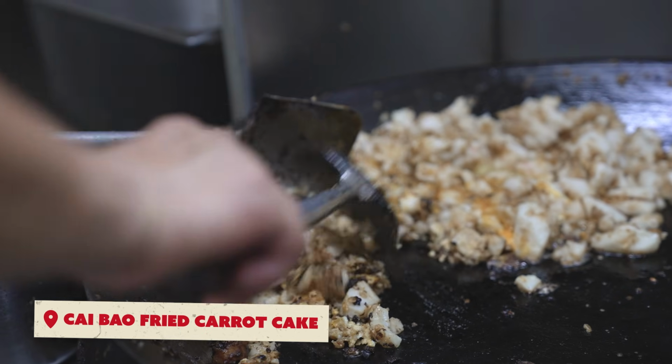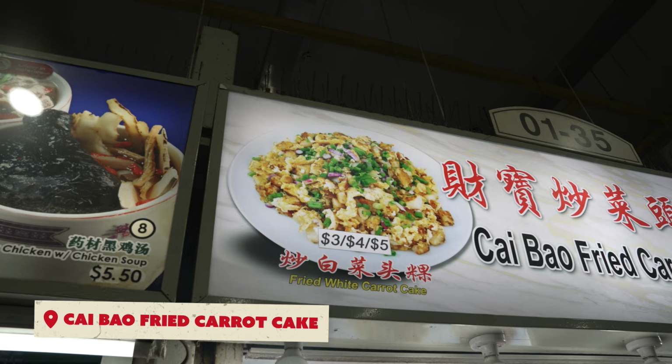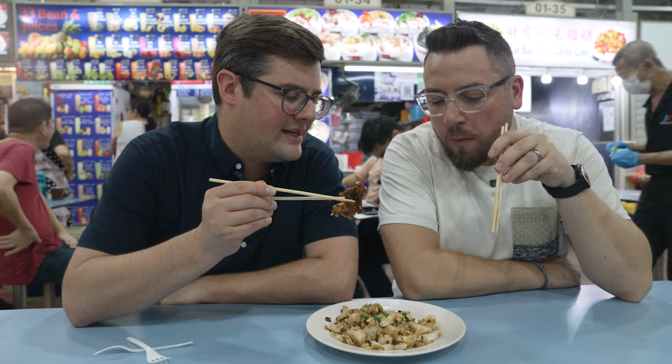We saw him fry it in the pan, a little bit of oil. So you've got that nice kind of fried outside, a little bit of colour. Some of the bits a bit more charred than others. It's bound with egg and spice. Look at some of those crispy bits. Like, that's excellent texture added to what is otherwise, you're right, quite a cross between a custard, a vegetable, and